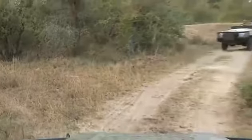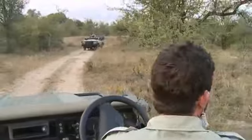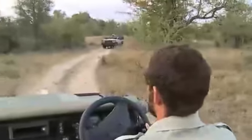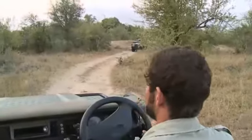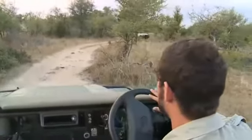So we will head off and see if we cannot find this lioness. I'm hoping she hasn't left these males, but she could well have. I'm guessing though that she's just sleeping nearby. So we will loop around and